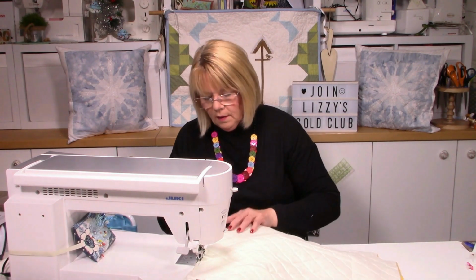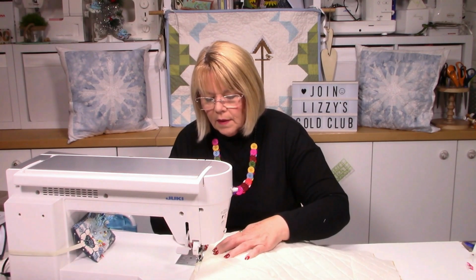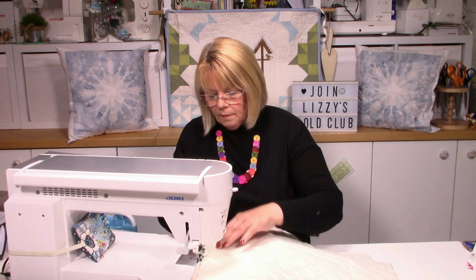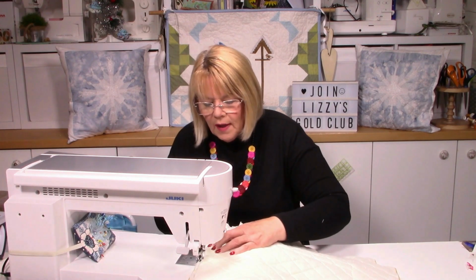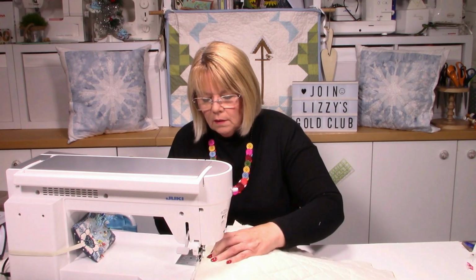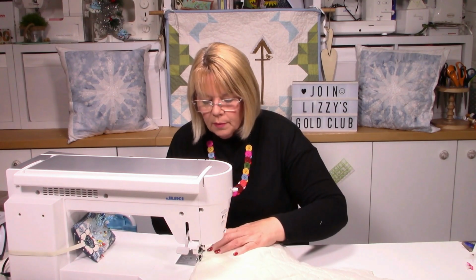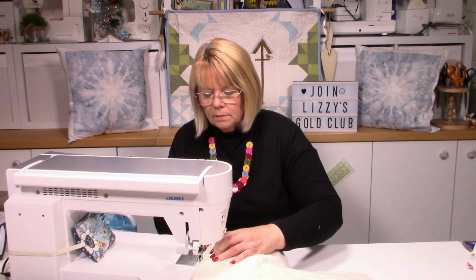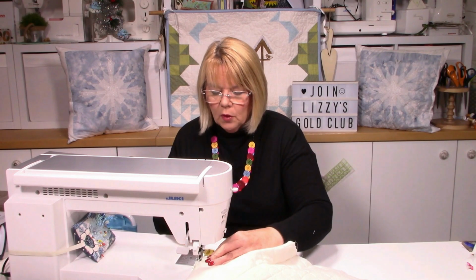Just keep everything laying nicely on top of each other. Just want to pull that. That's it. Got it now. Keep checking. Keep lining up. Keep making sure all your layers are sitting nicely on top of each other. But pinning, using your quilting clips, using your quilting tape will really help. Okay. About there, a bit wriggly there, but